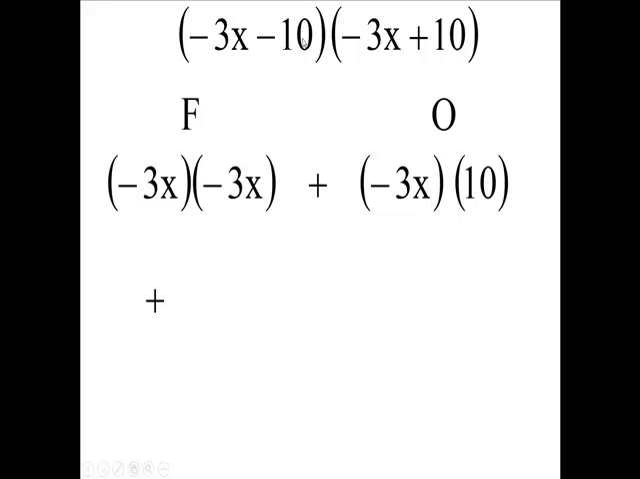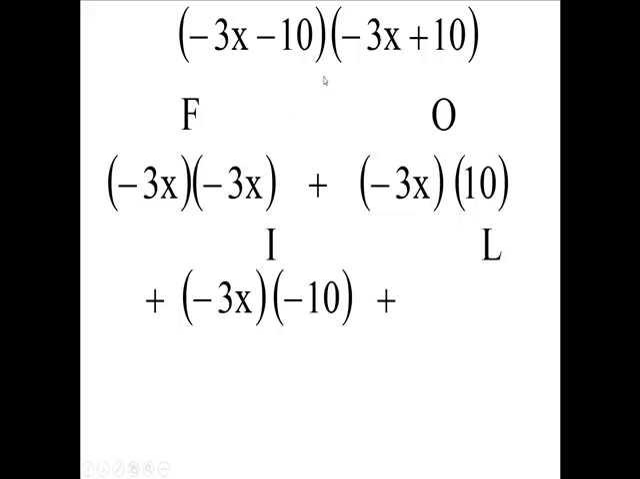And you could write negative 10 times negative 3x, but let's make it look like this. Let's commute these things. Instead of negative 10 and negative 3x, put the negative 3x first, and then the negative 10. So those are my insides, F, O, I, and we're going to add in the last